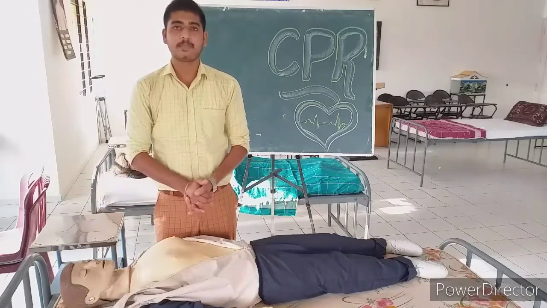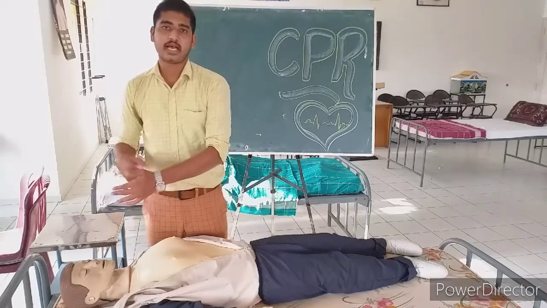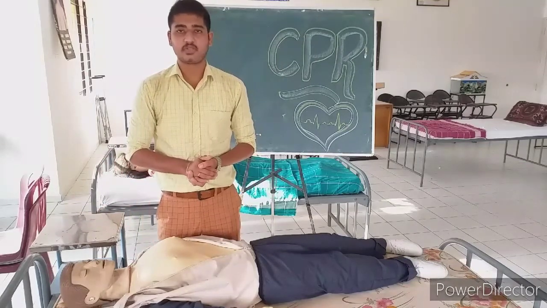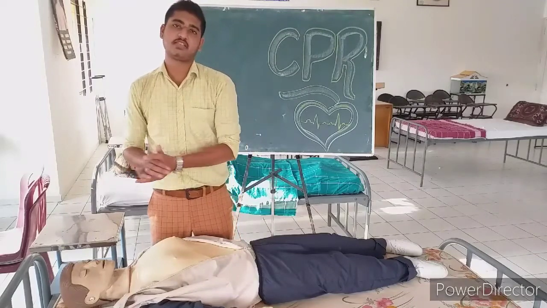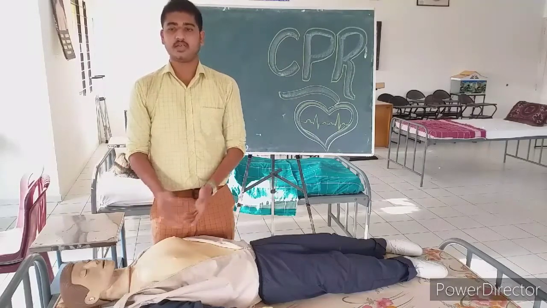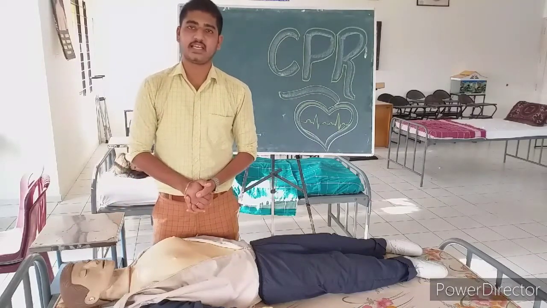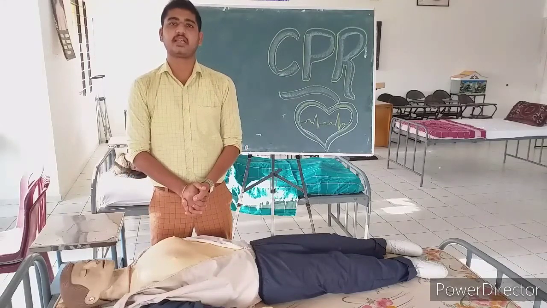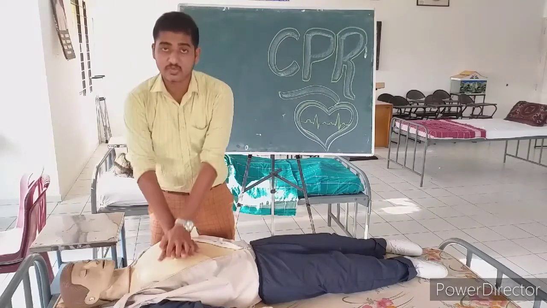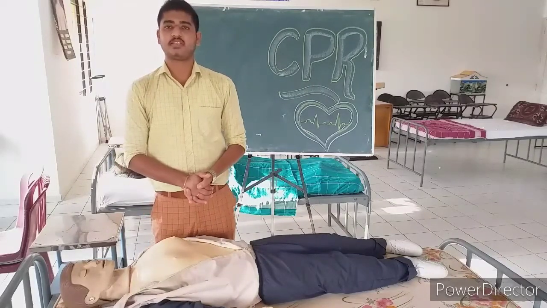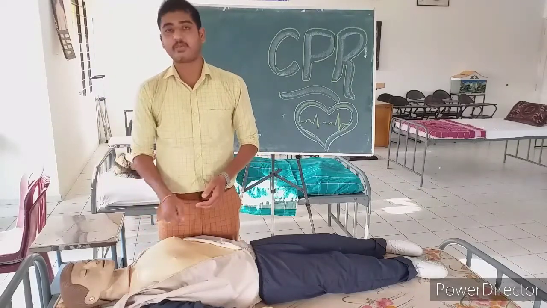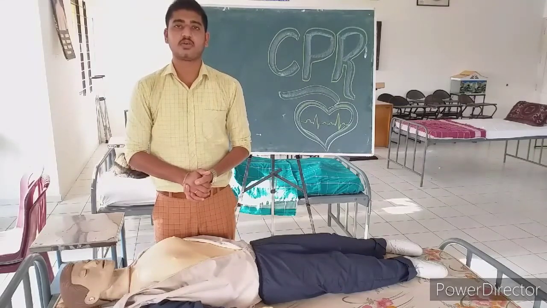So this is all about the compressions, the airway and the breathing, completely called CPR, the cardiopulmonary resuscitation. So once the ambulance arrives, you can hand over the patient. They can take over the charge for ACLS, because when you are giving it, it is BLS, basic life support, and when the ambulance arrives, it will be transformed to ACLS, because along with the CPR they are giving certain emergency medications which will stimulate the cardiac functioning. If needed, they will even defibrillate the patient, that is delivering a shock to the patient.